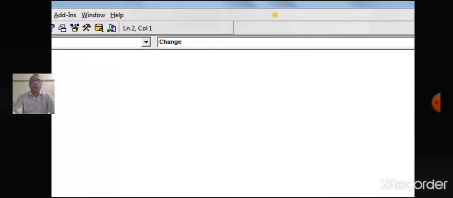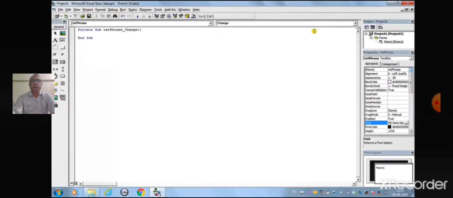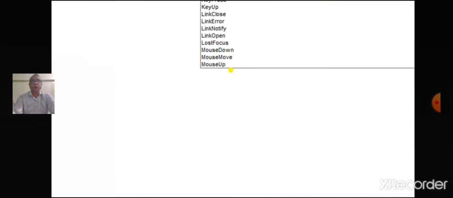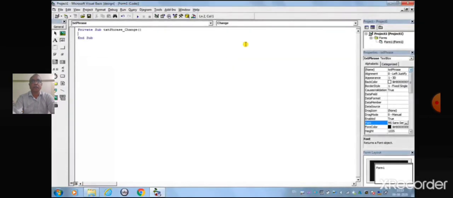Click on the drop-down button to the right of the procedure box. The drop-down menu that appears contains a list of all possible event procedures associated with text boxes. Scroll down the list of event procedures and click on LostFocus.